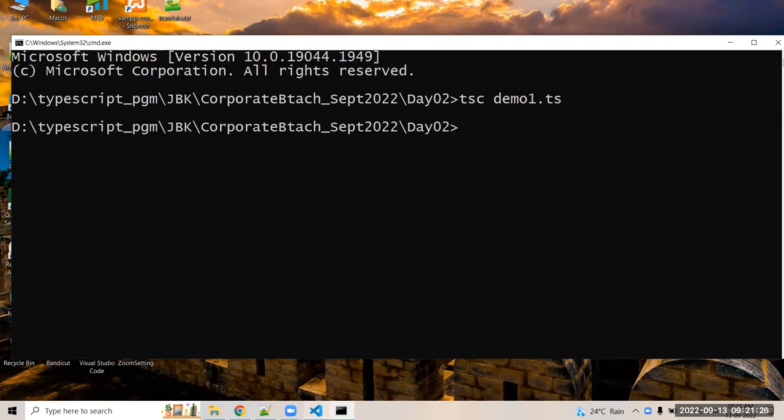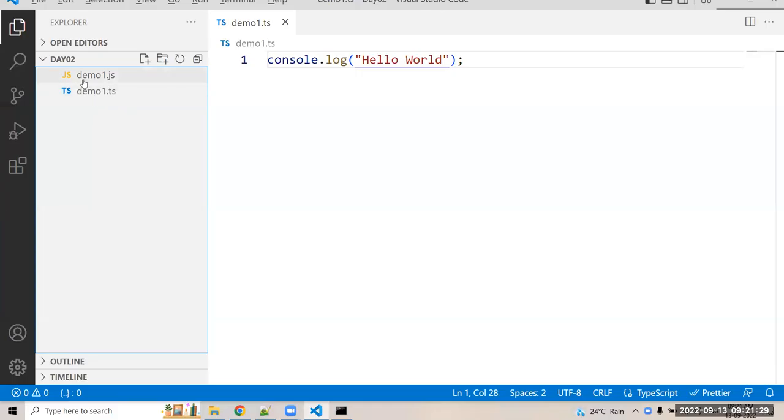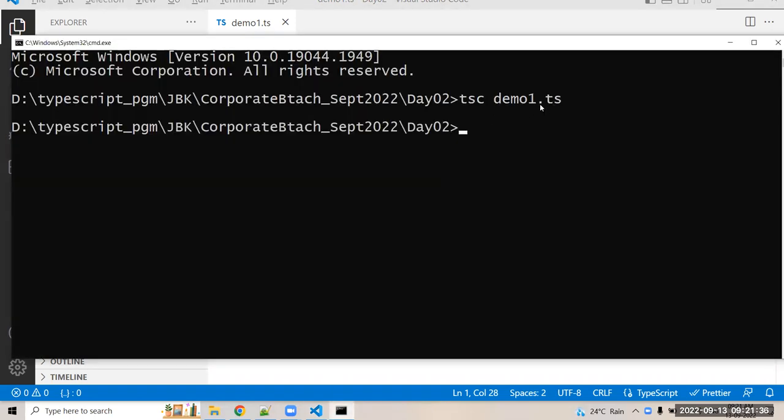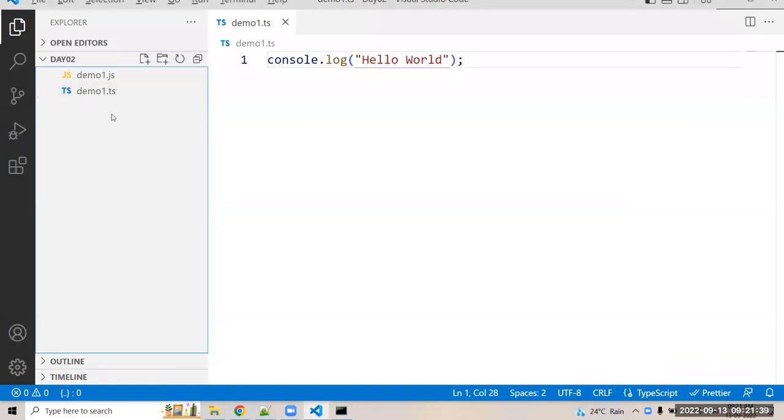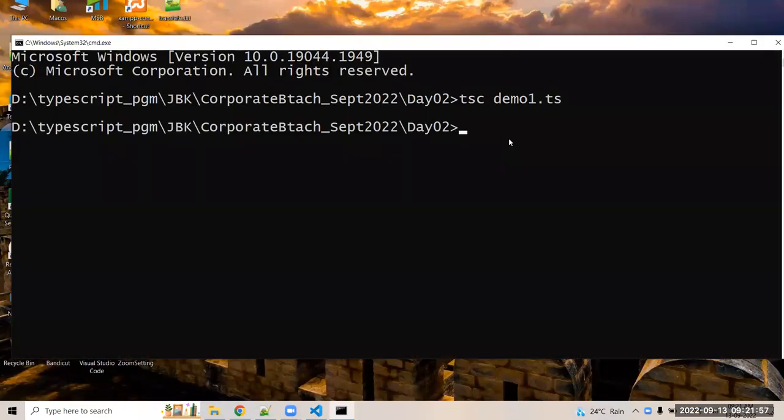Just we have to check. See here, the demo1.js file is created. It is generated while using TSC demo1.ts. Initially, it is not present, but when you compile this file, it is generated. And we have to give the generated JS file for the running purpose. Use that demo1.js. So to run that simple Typescript application, use the command node